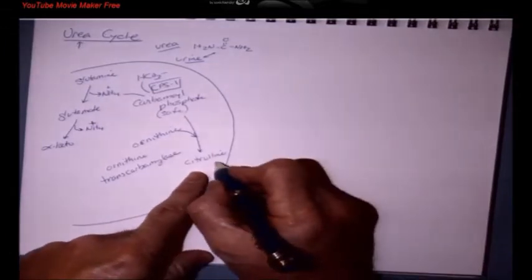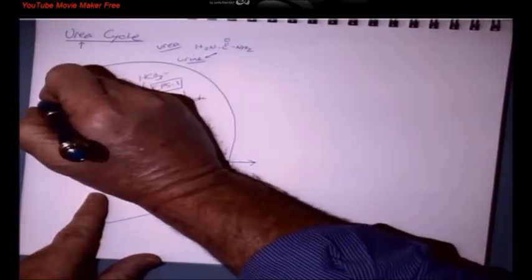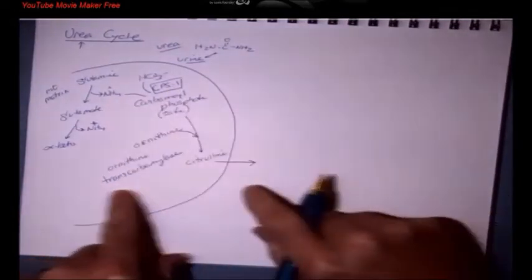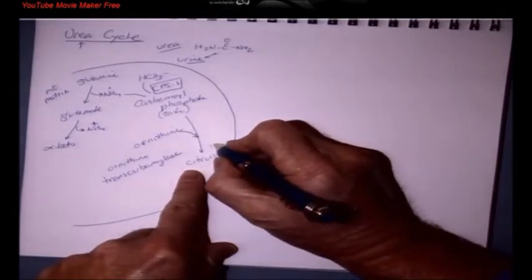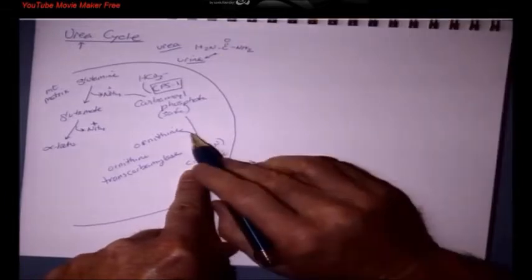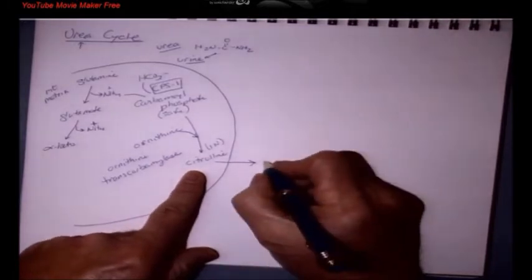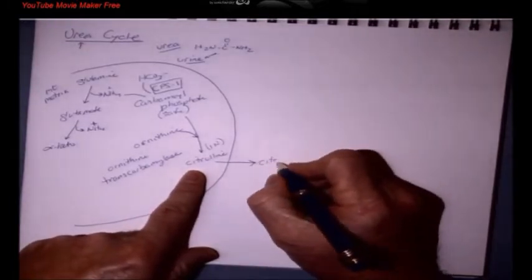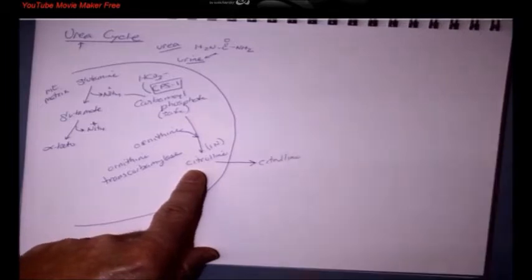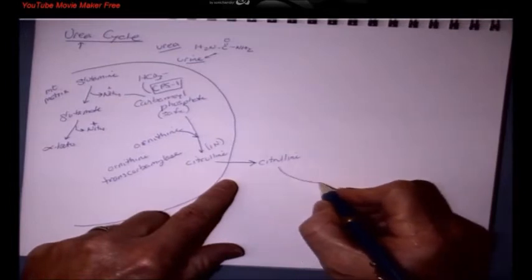Then citrulline is going to exit the mitochondria. So these initial reactions are occurring in the mitochondrial matrix because that's where our nitrogen is. So we're adding our first nitrogen to make our 2-nitrogen urea compound in the matrix of the mitochondria. Then we take our citrulline in the cytoplasm, and we are going to add to this